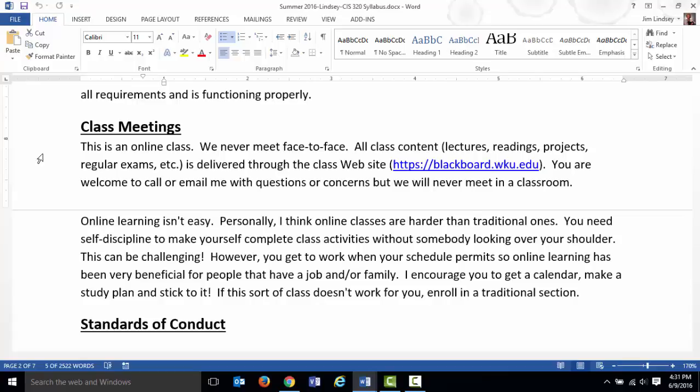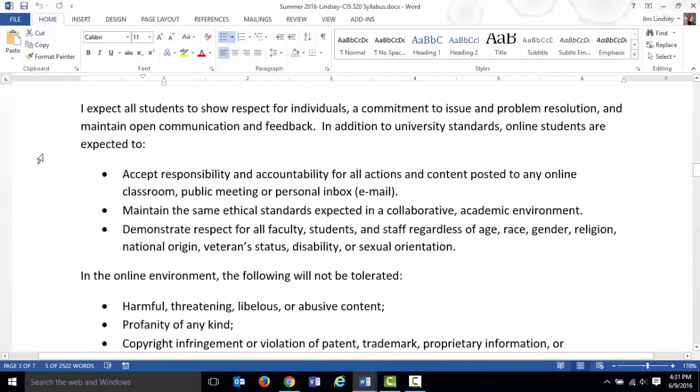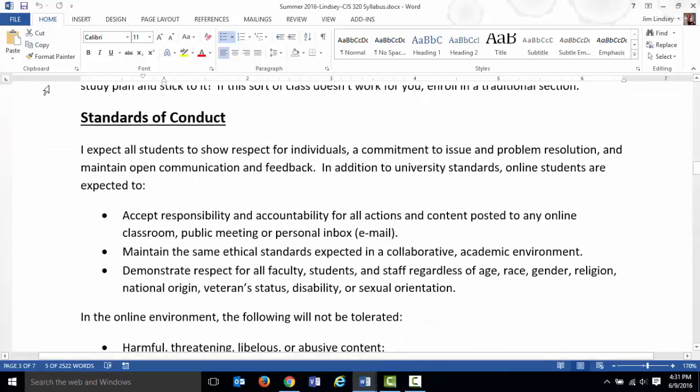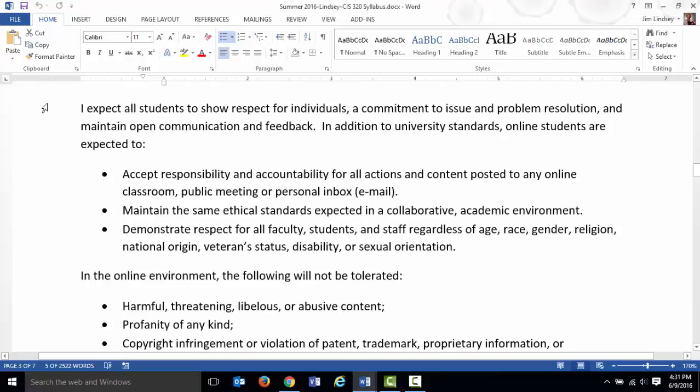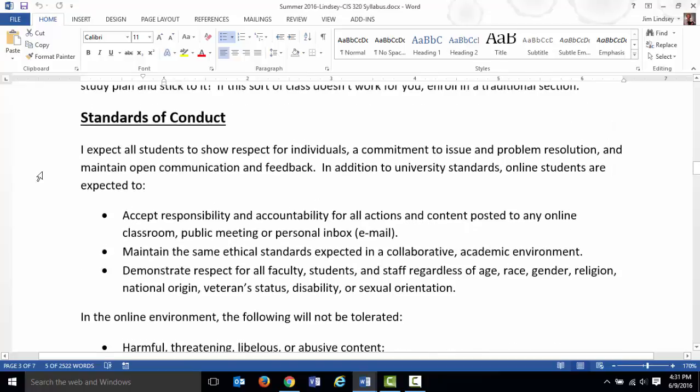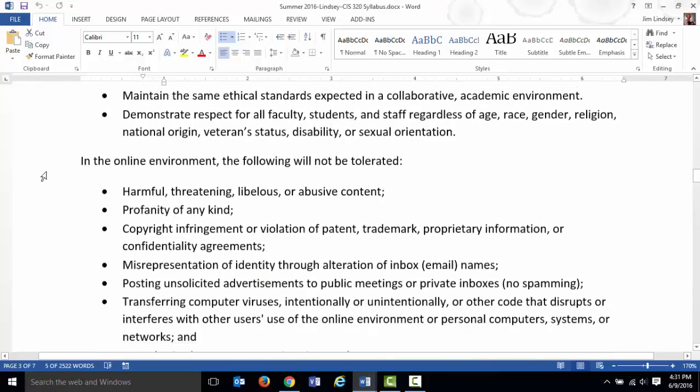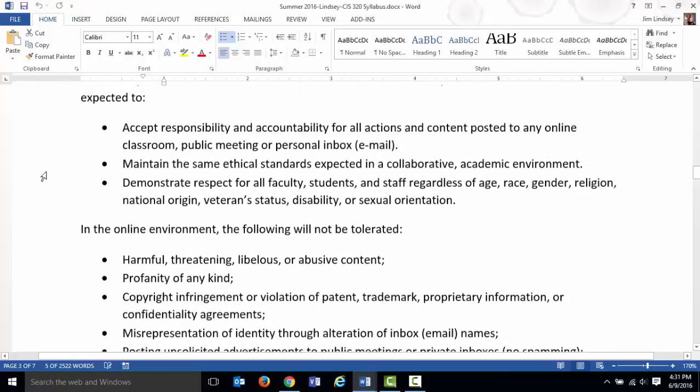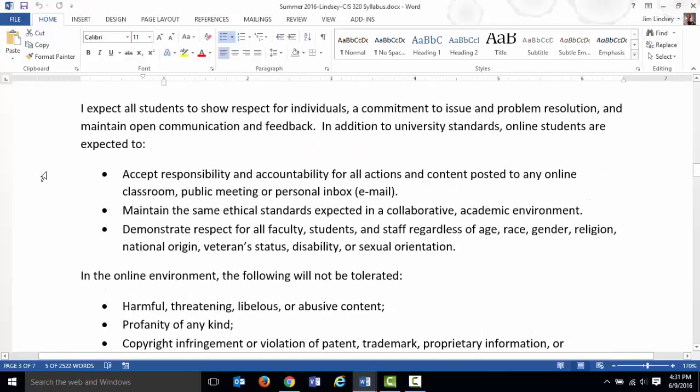So that's information about our class meetings. Let's next talk about our standards of conduct. Okay, please read this section of the syllabus, especially as it pertains to the discussion board. As you look through here, essentially what this is saying is you need to be a responsible and polite person. When you're in this online environment, treat people the same way as you would if you were in a face-to-face